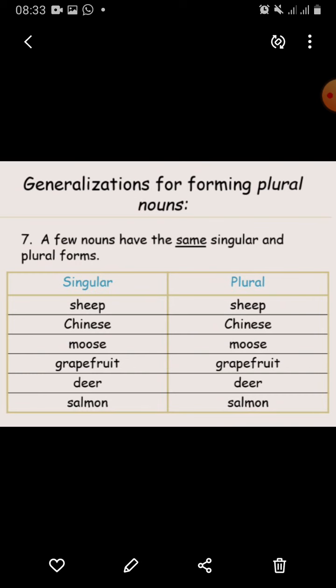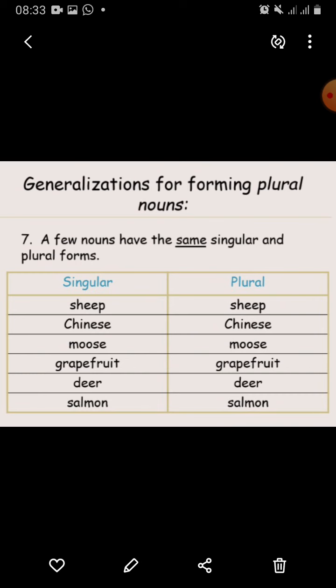A few nouns have the same singular and plural forms. According to the sentence, we have to think whether these nouns are singular or plural.